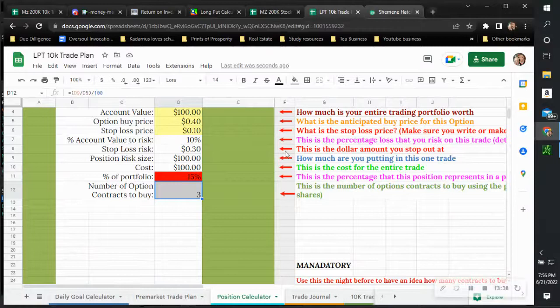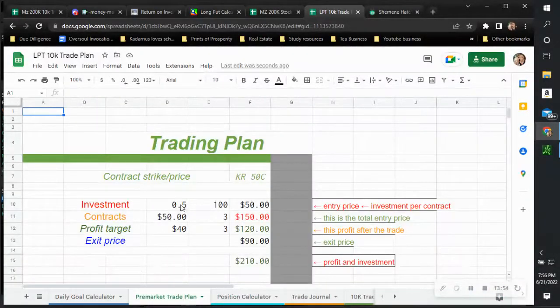So once I do that, I am pretty much set for the next trading day. Now on this spreadsheet here, I have a trade journal. I have my pre-market plan. So if my investment is $100 and I'm getting about 3 contracts, you want to already know your profit target. And I know even though we have profit targets, the market may not always give us what we want. So in this area here, I just do my